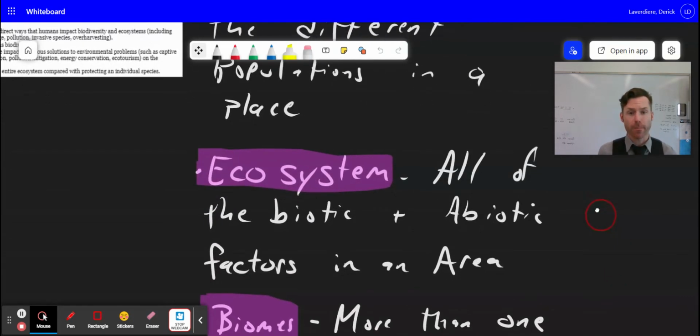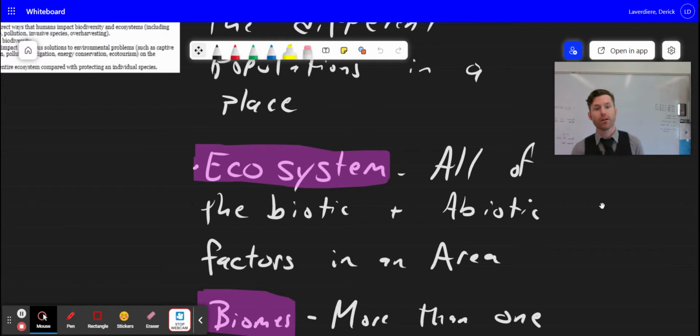The next level on up is ecosystems. Okay? And so there's an ecosystem within English High School, and that's all of the living things that were part of the community, plus all of the abiotic, non-living factors that contribute to the things that are going on in this building. Right? So things like oxygen levels, availability of water, things like that. Okay, that's all of that stuff together is the ecosystem of Lynn English High School.